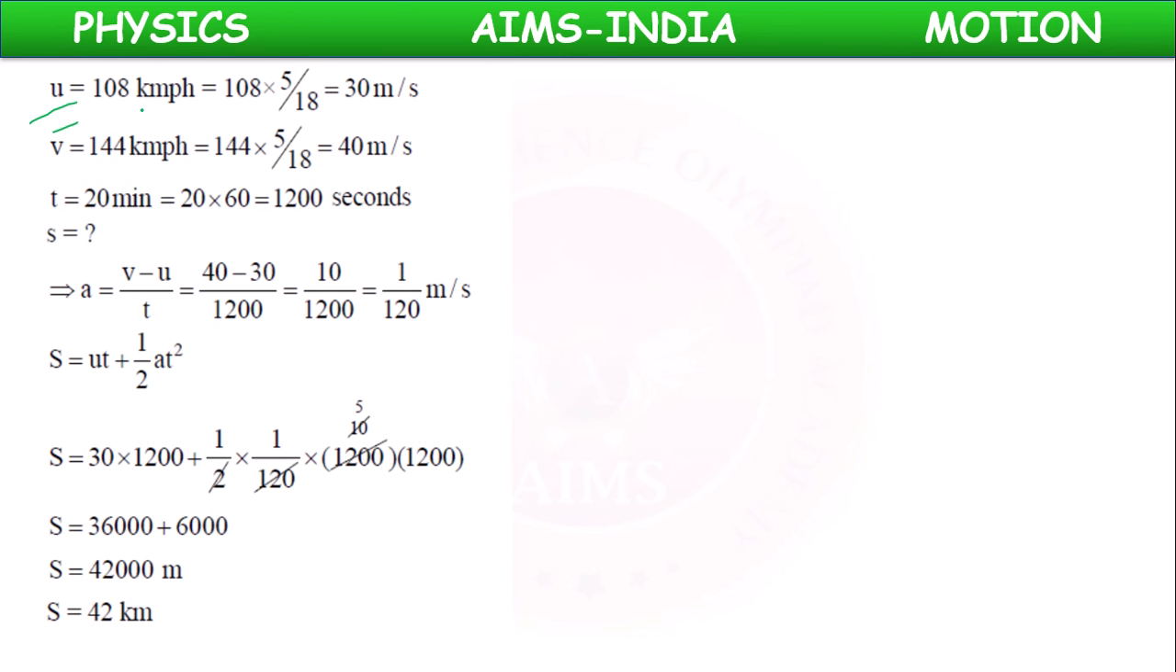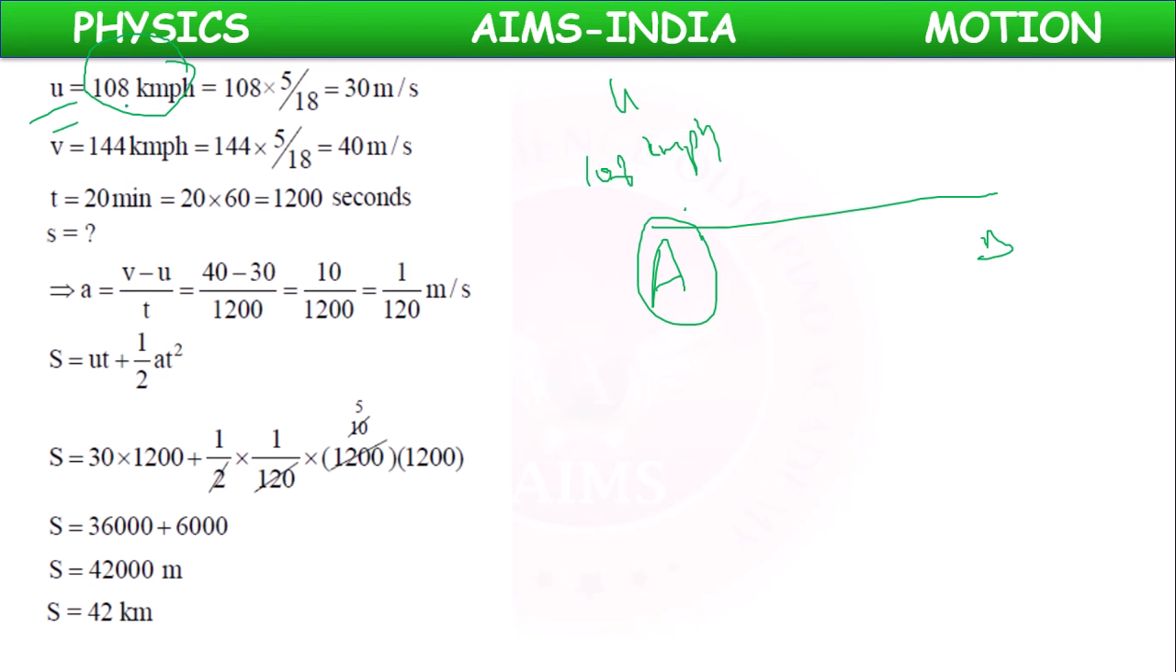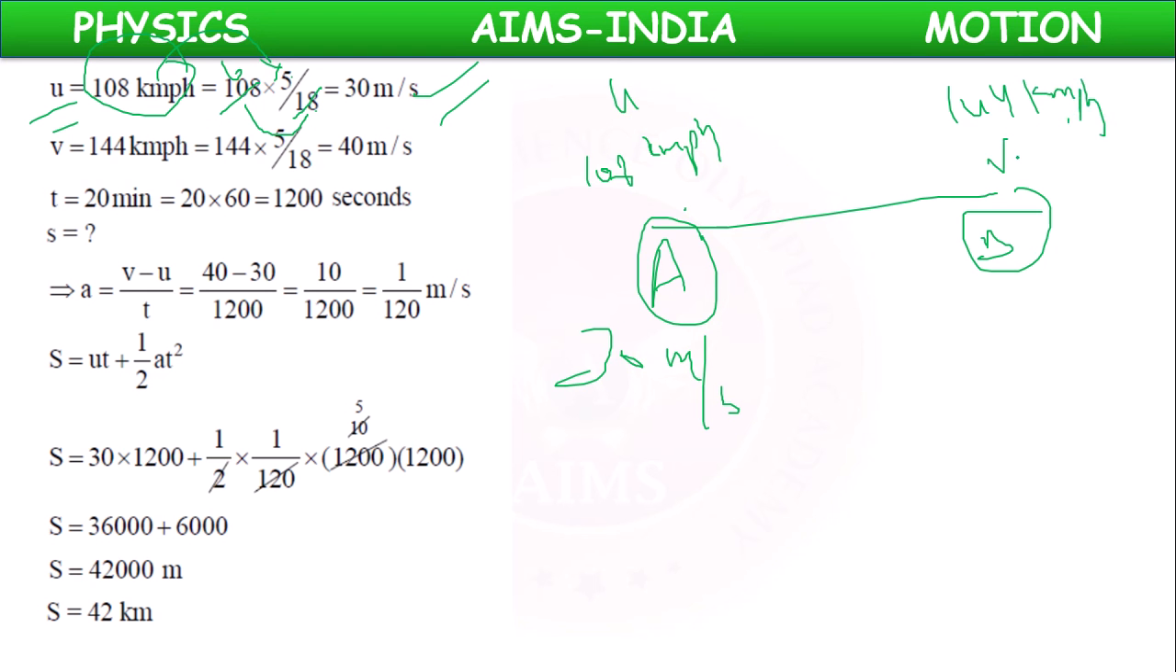So initial velocity while crossing station A, the velocity is 108 kmph. It will be considered as initial velocity. If it is converted into meter per second, to be multiplied with 5 by 18. 18 6 times 108, 6 5 times 30. This will be the initial velocity of the train. While crossing B, its velocity is 144 kmph, which is considered as final velocity. If it is multiplied by 5 by 18, 18 how many times? 18 8 times 144, 8 5 times 40, we will get 40 meter per second,